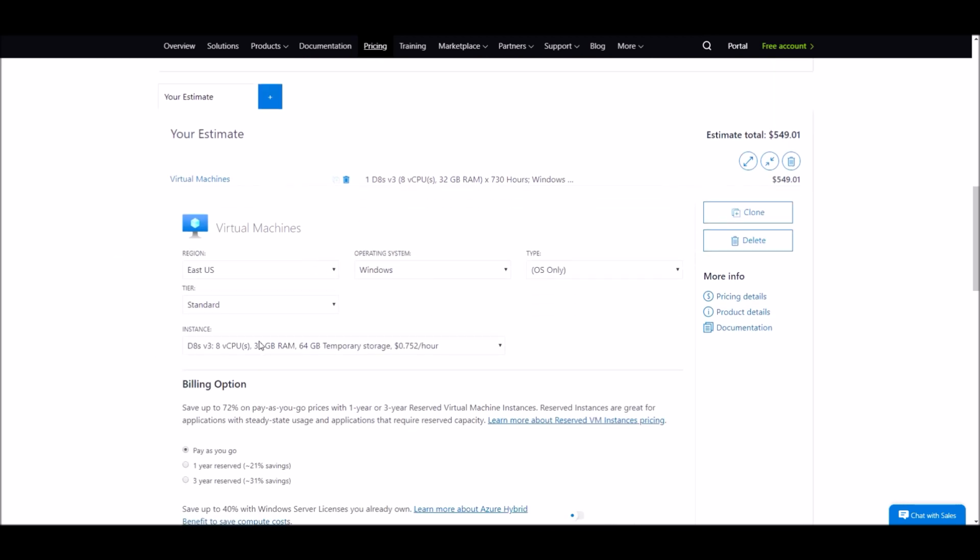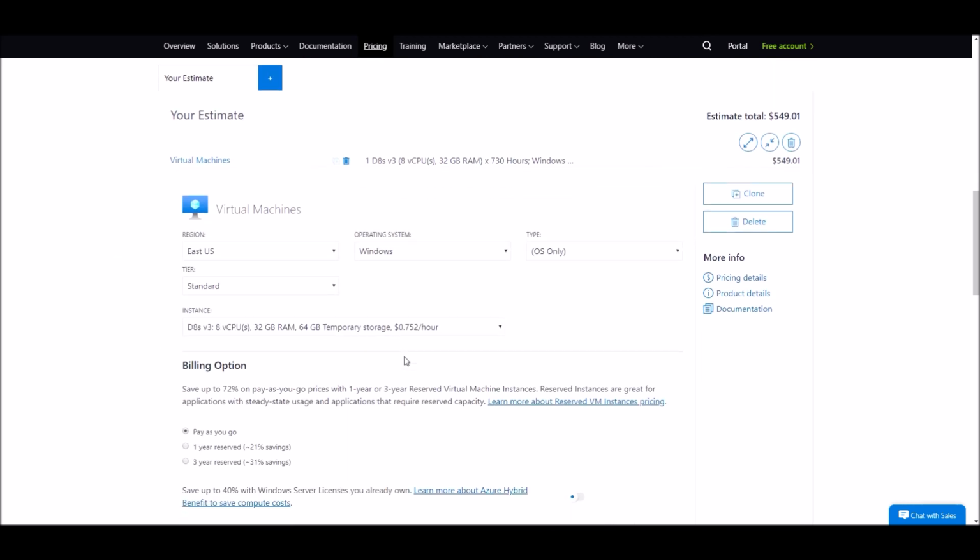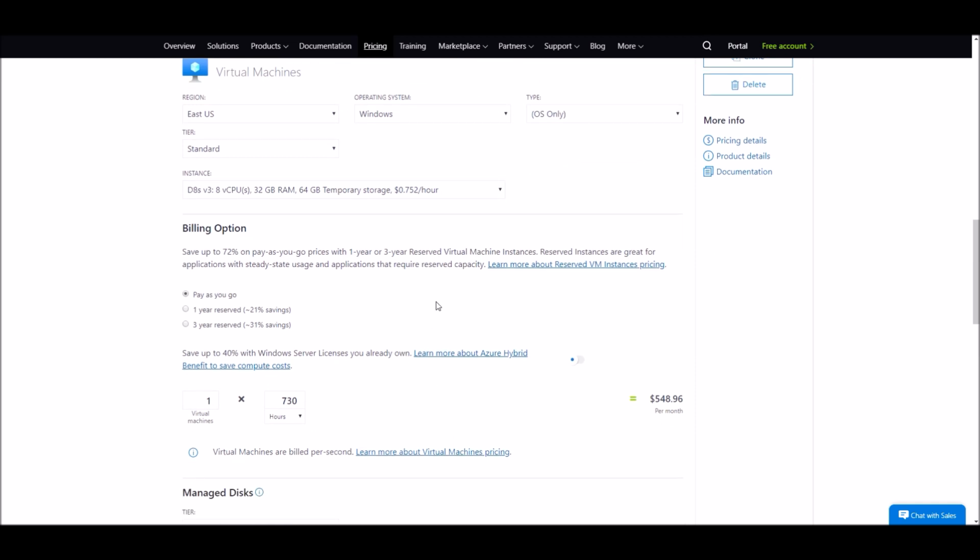So we've got the region set, and let's just use the D8s v3 as an example. Okay, so remember, this is only for a specific virtual machine, and this might be one VM within a pool, and you might have 5 of these in a specific pool. So this is a very, very isolated scenario, but it does apply. You just apply this at scale to the environment, and you can see the big impact it'll have. Okay, so what we have right now is everything standard. Azure hybrid usage is off, and reserved instances are not even a factor. It's just pay-as-you-go. So given that, what we have is a monthly price of